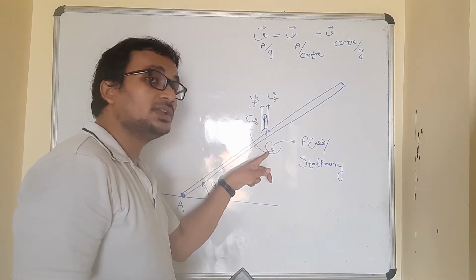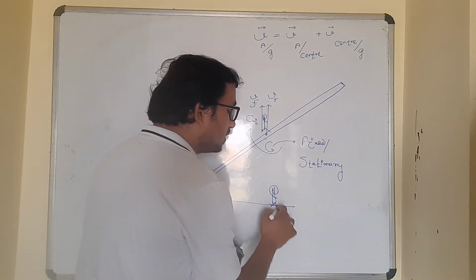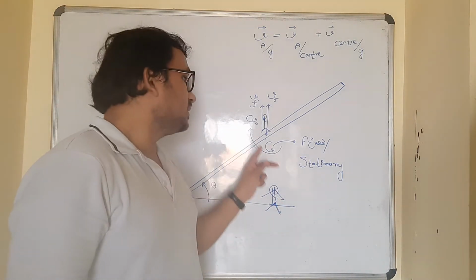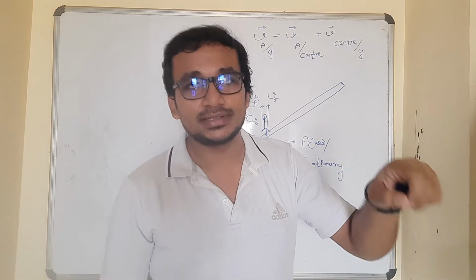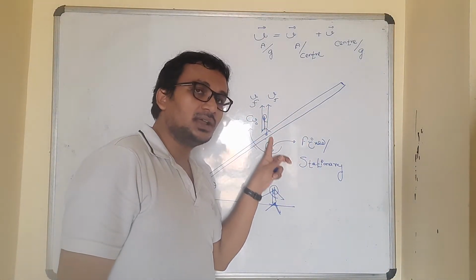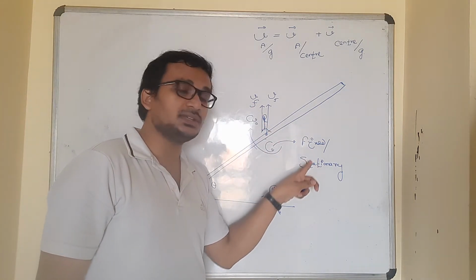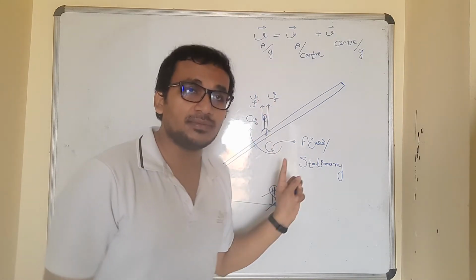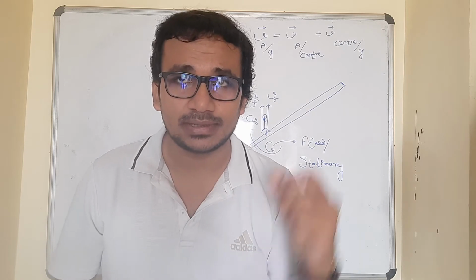This person can only say this, not a person on the ground. A man standing on the ground will observe that the center is moving as well as having an angular velocity about the center, so obviously it is a combined motion. But the person standing on the center can say this because he will observe the center to be fixed or stationary. Why? Because he will start moving with the same velocity as that of the center, because he is standing on the center itself.